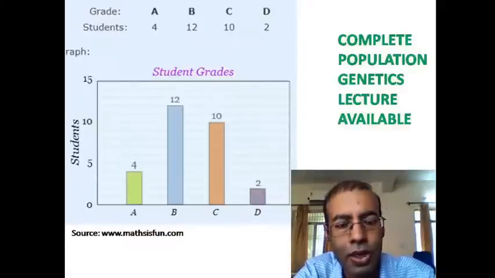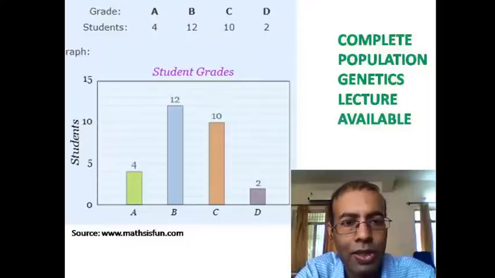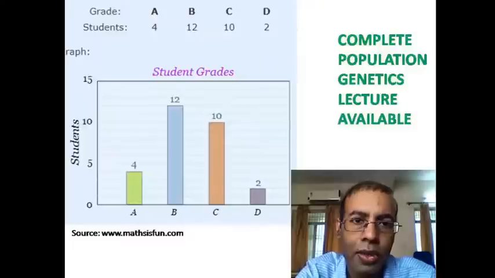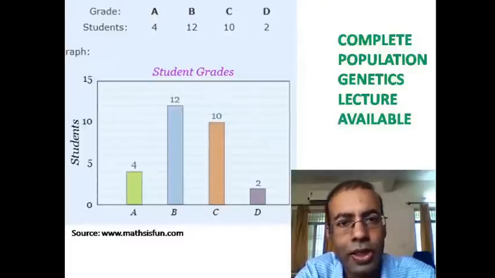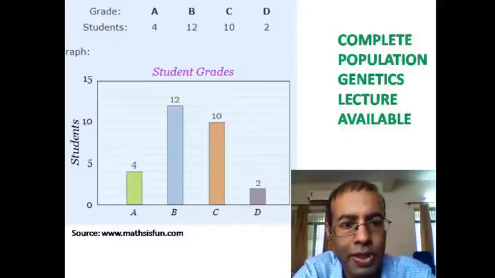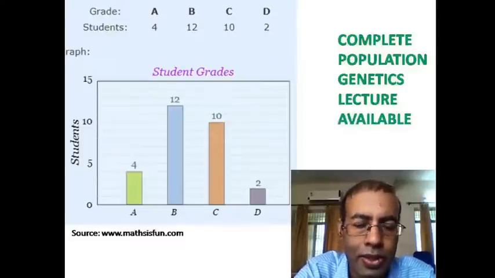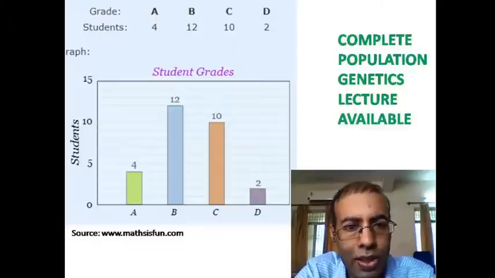Now this is another example. Here students from a class were grouped as per their grade. So 4 students got A grade, 12 students got B grade, 10 students got C grade, and 2 students got D grade. So this information was represented in this simple bar diagram, and by seeing this diagram it is clear that